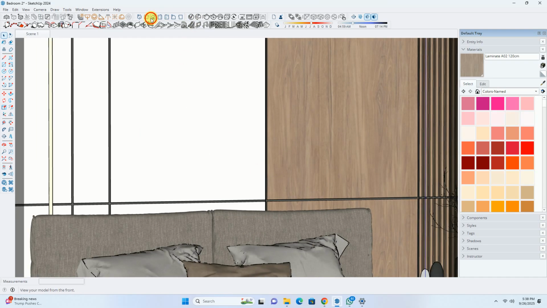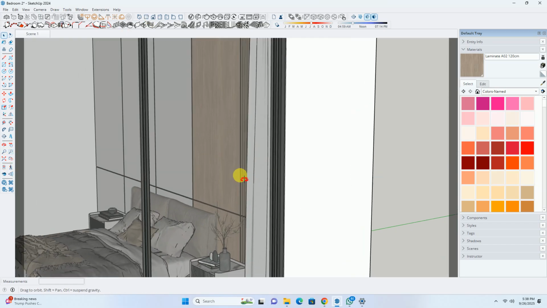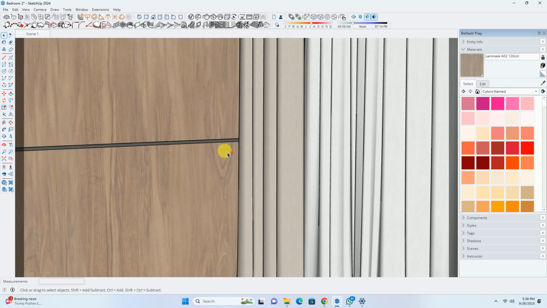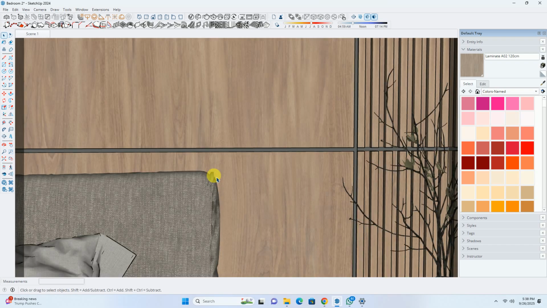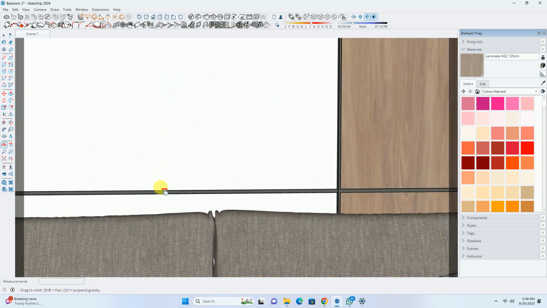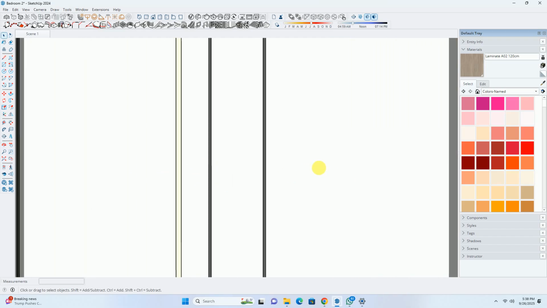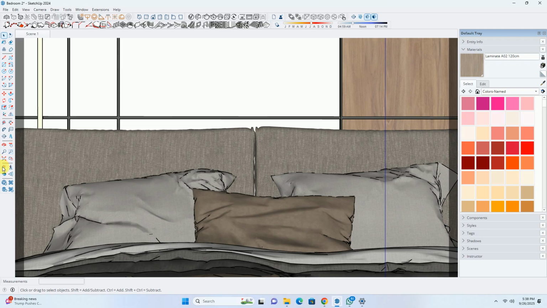I'll set up my view as this view. Go to this home feature. Now we'll change the field of view to 30 degrees. We have already changed this.